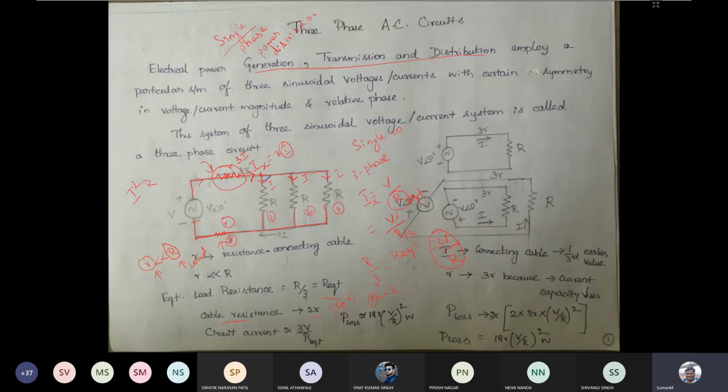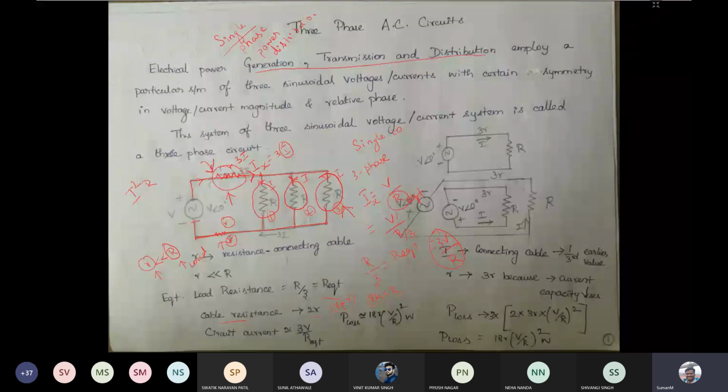The power dissipated across this resistor is not considered a loss, because it is making some effective work, like converting from one form of energy to another form of energy to make ourselves convenient. The power loss happening in the cable is actually a loss, because here it is not making any effective work. It is dissipated as heat, but it is not making any useful work for us. So you can consider this as a power loss.